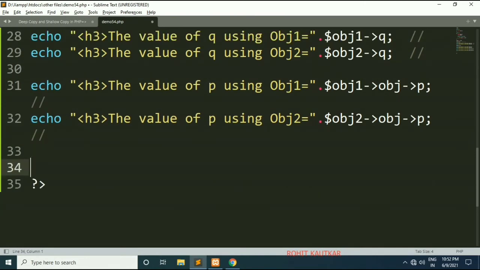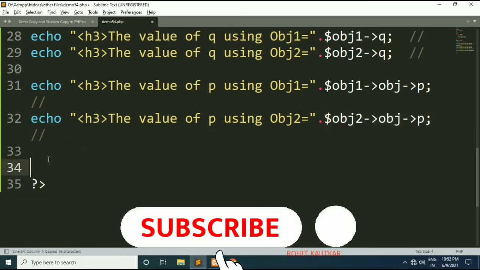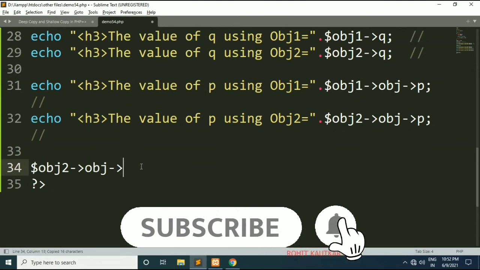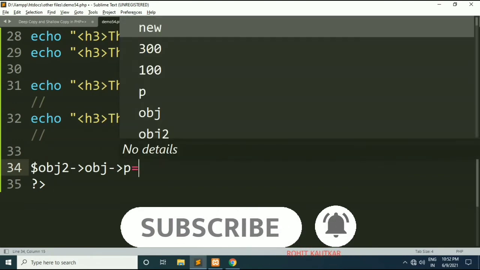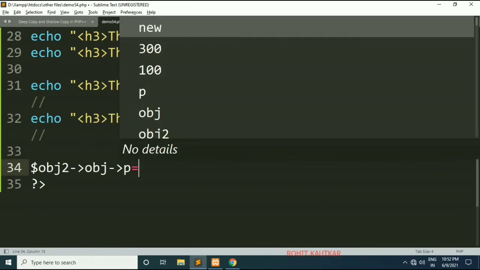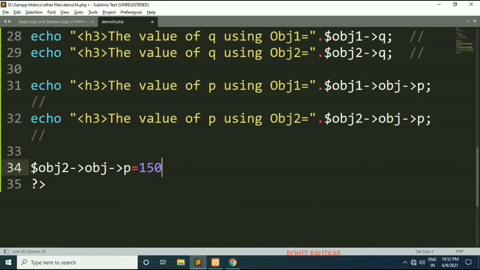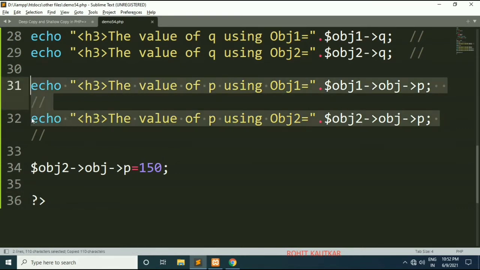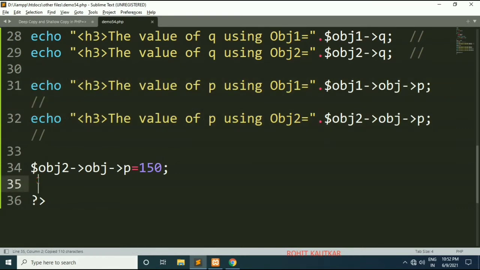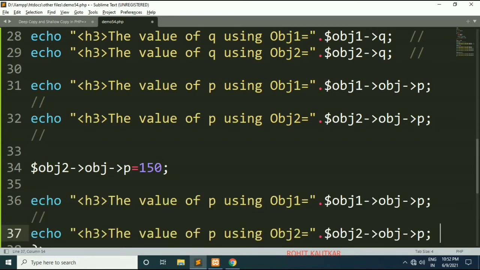Now I will try to modify the value through object 2. So I will write P is equal to, I will make it 150, and again we will try to print. As we have created the shallow copy, it will get reflected within both objects.